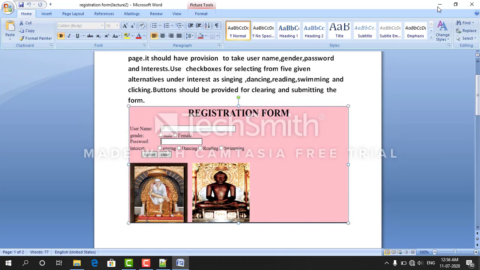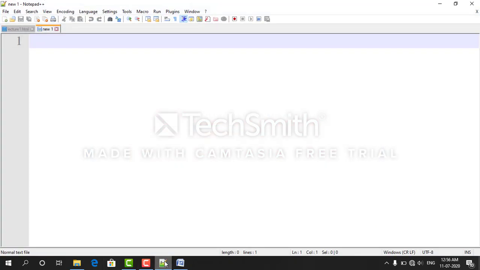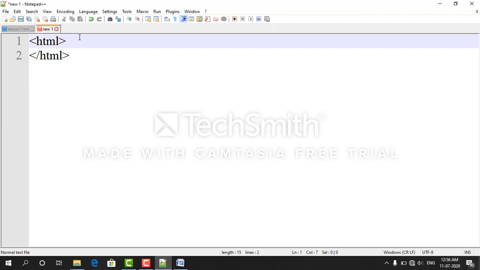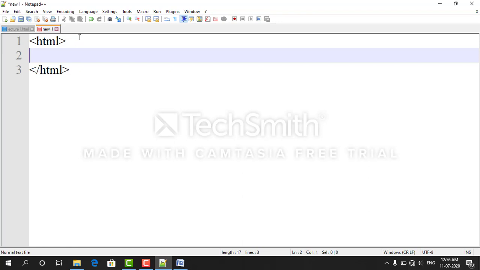So for that just write HTML file open, HTML file close. In the HTML file I want the background as pink.